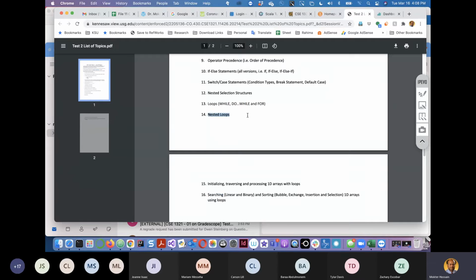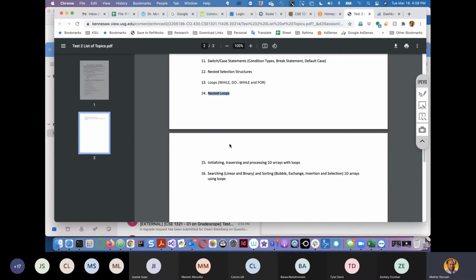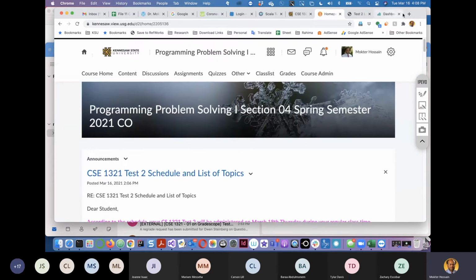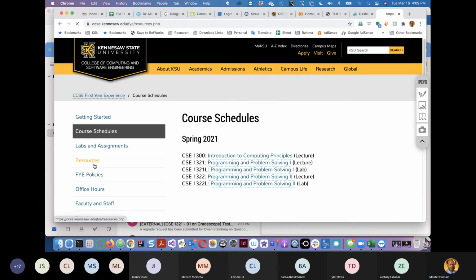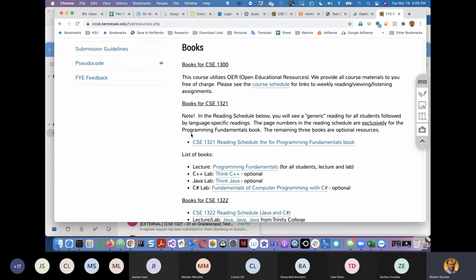Okay, nested loop, that means whenever you have a loop within another loop, that is called a nested loop, and you need to use nested loops for sure when you do a sorting operation. All sorting operations that we are discussing here will use nested loops. Okay, so if we go to any of our sorting algorithms,